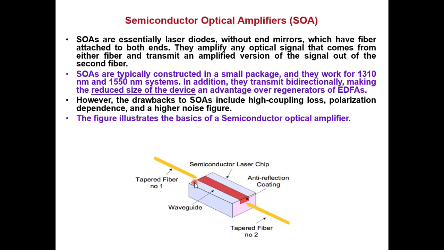Now in a laser, suppose this is my input signal. I will put mirrors over here. Remember the Fabry-Perot filter I had discussed? We had that cavity. So this is my laser cavity. I have put a mirror here, so the photons will strike that mirror and come back, and resonance will also happen. So positive feedback, I get resonance. Here I will have mirrors on this part. The incoming signal will enter, stimulated emission will happen in the laser, and then it will come out from this block, and then I will have a connector over here.